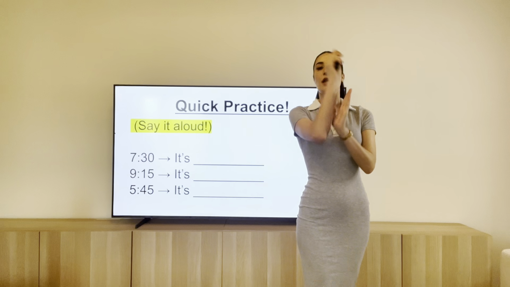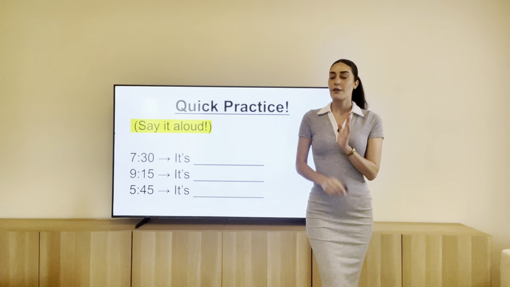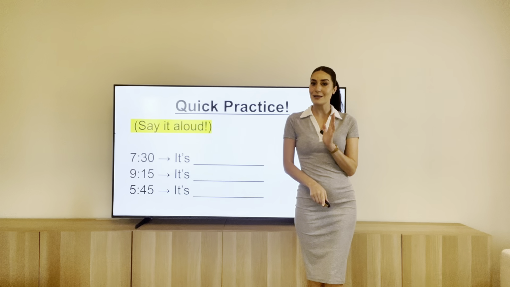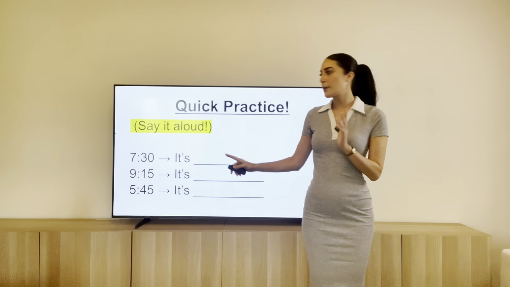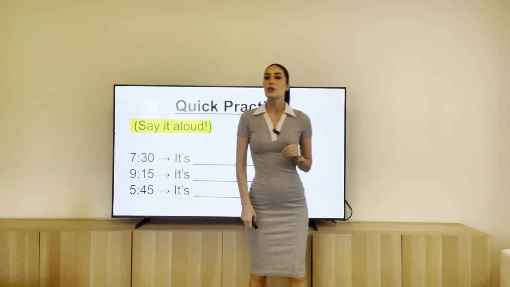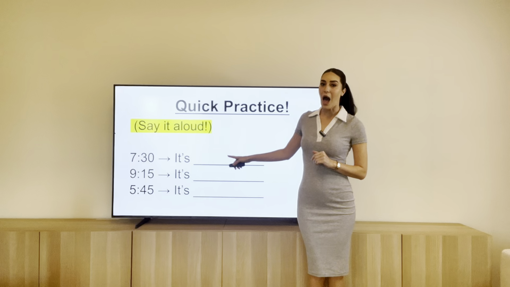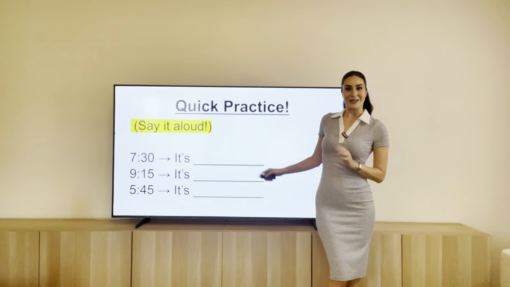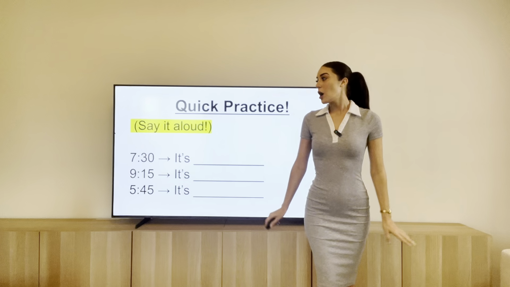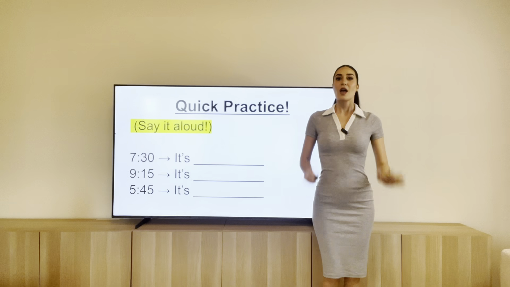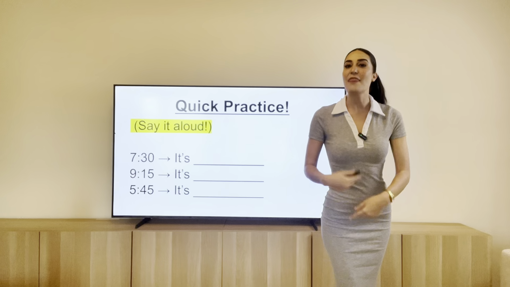Think about when it's 30 minutes. 30 minutes have gone past 7. So you could say, it's half past 7. Okay? If you want, pause the video here, write down your answers, and then we can go through it